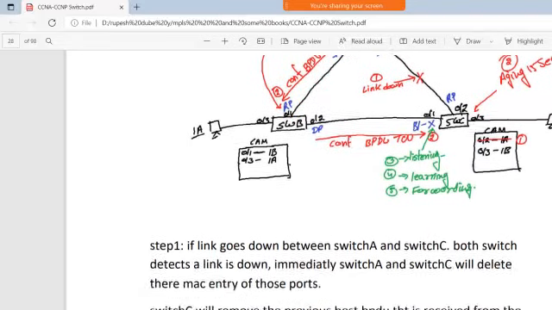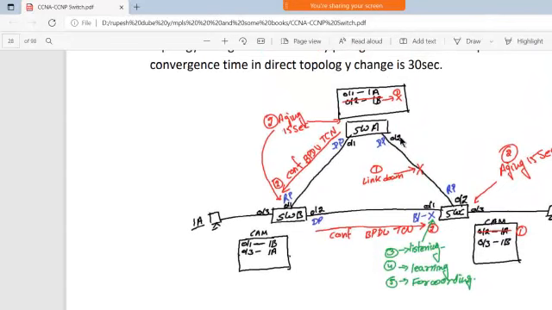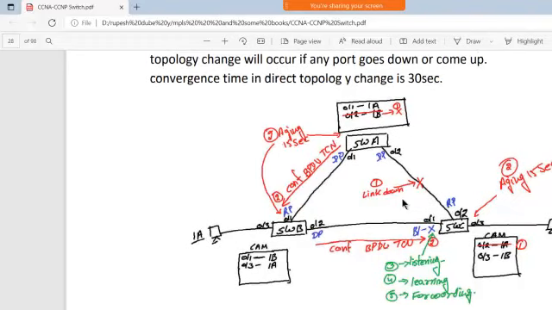Suppose that this is our block port, right? And the same topology, I'm also going to take it for that. So the DP port is always going to generate the BPDU messages, right?